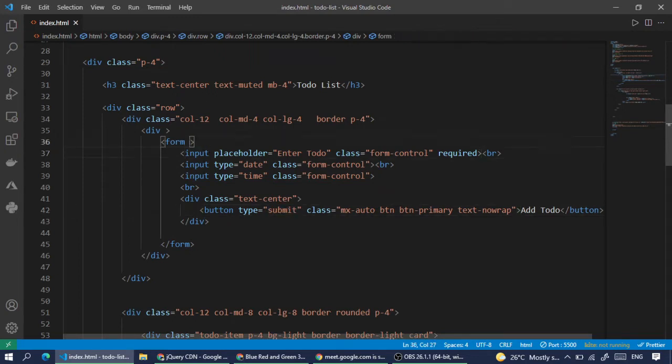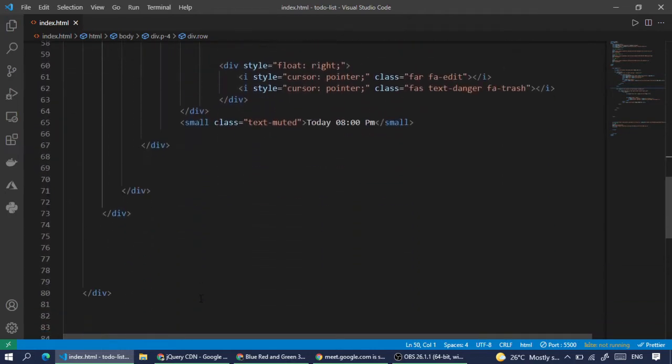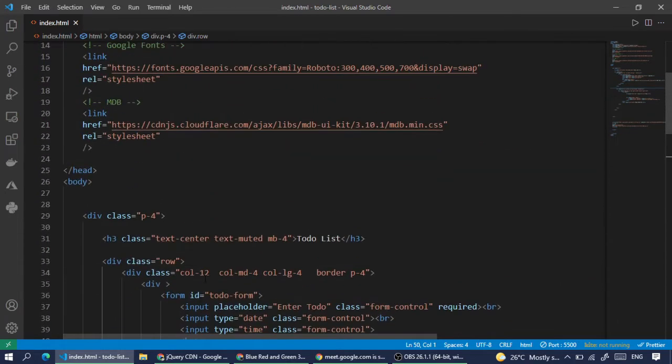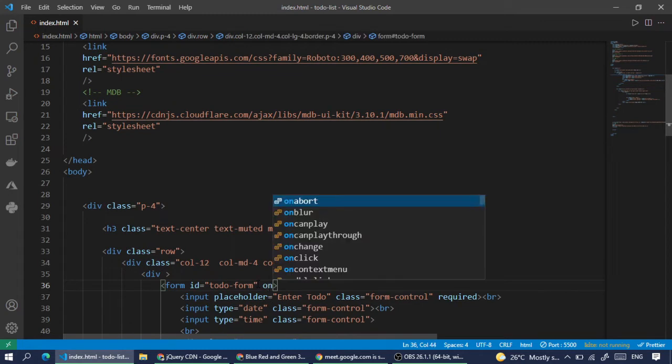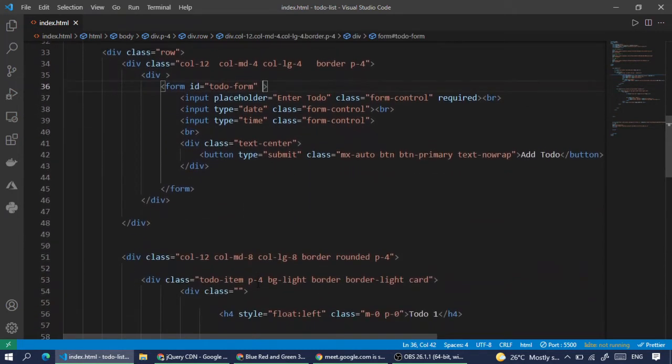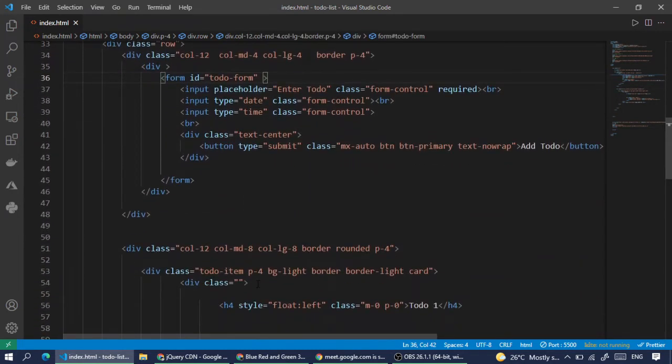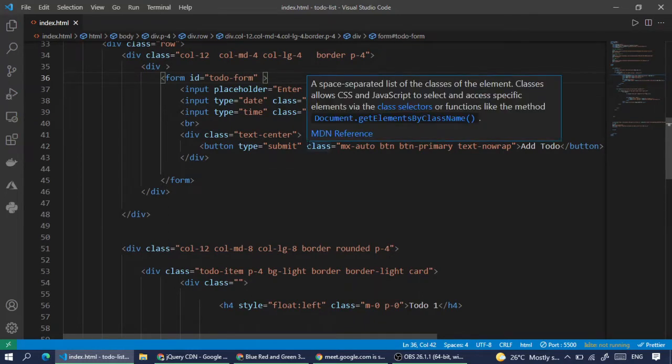And here we'll just make one ID. ID is basically to do form, and here we are going to trigger one function. See, when we submit this form, there are multiple event listeners here. In JavaScript, we can use this. So let's say in button we can add on click like this.